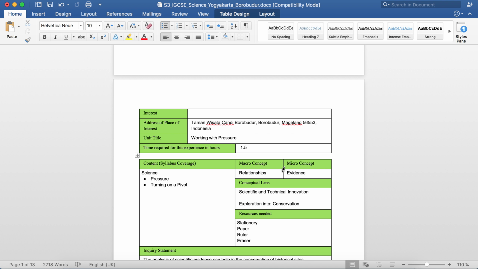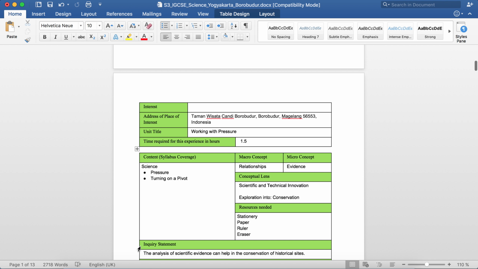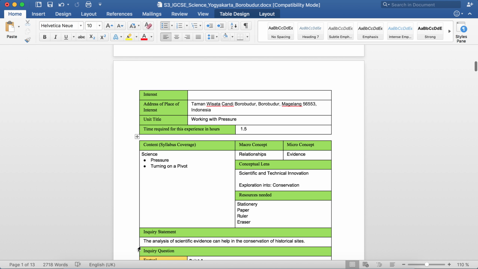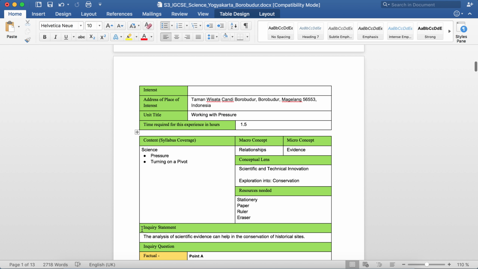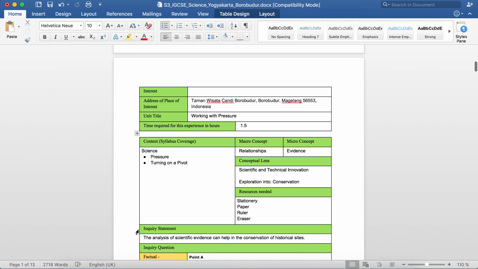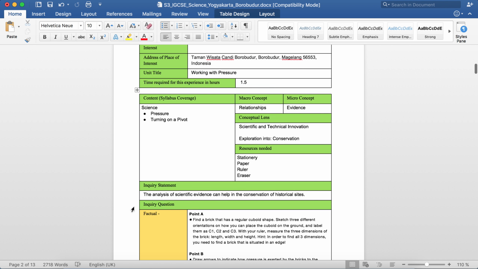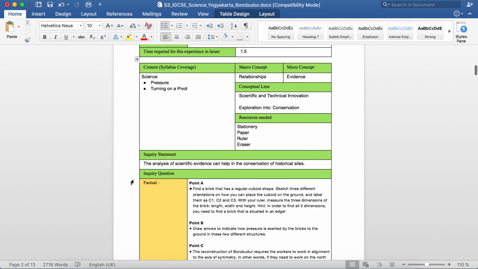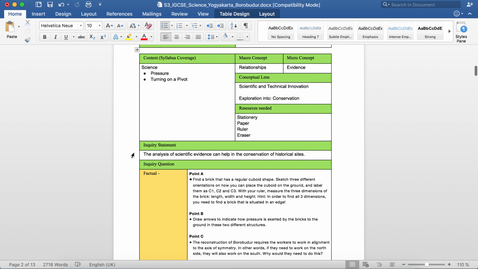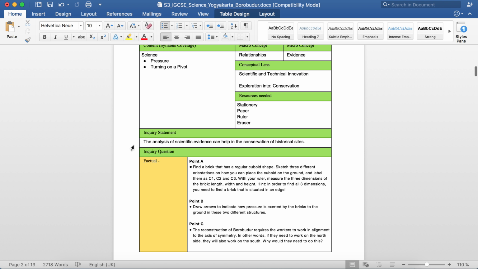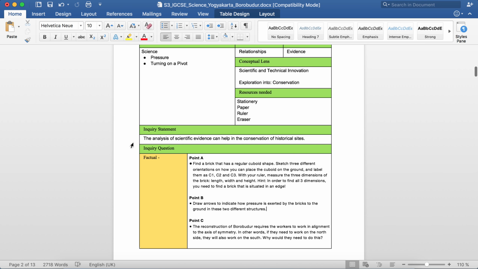academic subjects. Your inquiry statement is the backbone of your learning experience. In other words, what are you trying to prove in this learning experience? What would you like your learners to learn? Your inquiry statement must refer to the correlation between the conceptual lens and the macro and micro concepts. Avoid using words such as affects, impacts, influences, is, am, and are, as they tend to present a weak inquiry